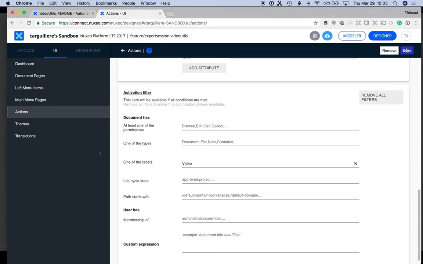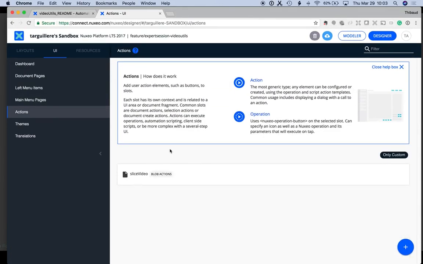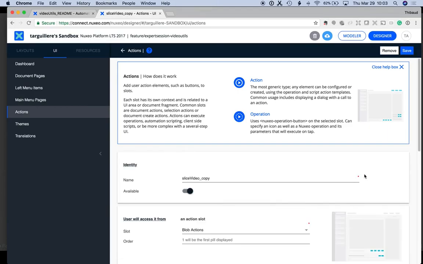So let's save this. Okay, it's saved. So now back to my action. I can filter to get only the custom action. I have the slice video. So let's create the watermark, for example, and to do it quickly, because basically they have all the same settings, we just change the element used. So let's duplicate it, and now it will be watermark